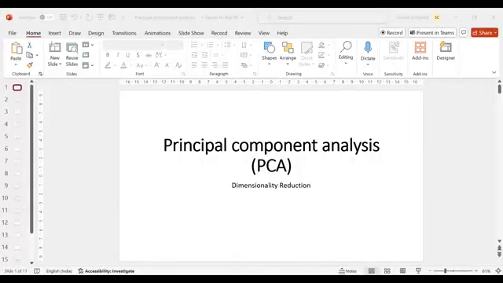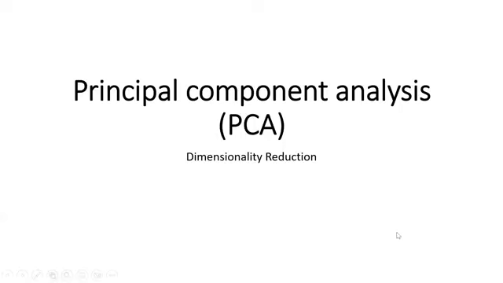Now let's understand in more detail why it is called principal component analysis. Primarily, PCA is a dimensionality reduction technique. Unlike other algorithms, which solve your business problem, here it is not solving your business problem. It is solving your data problem. That's the main difference of this algorithm compared to others. In the rest of the algorithms, we were directly tackling the business problem, but here we are tackling the data problem, and that too a higher dimensional data problem.